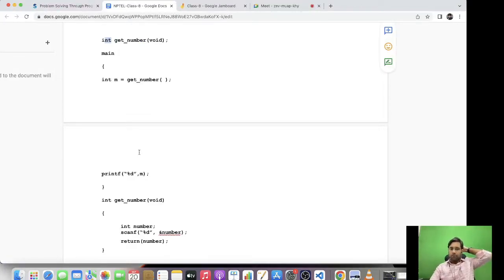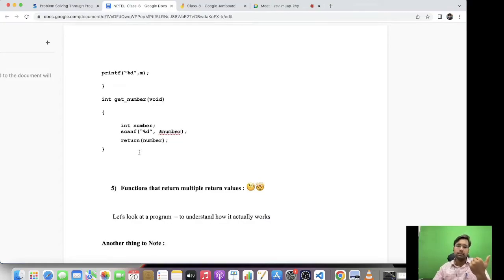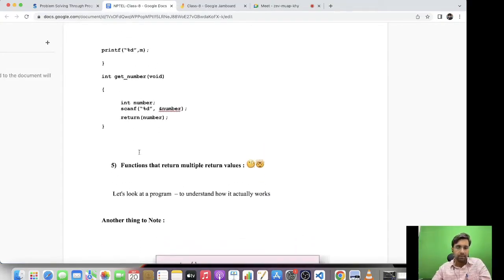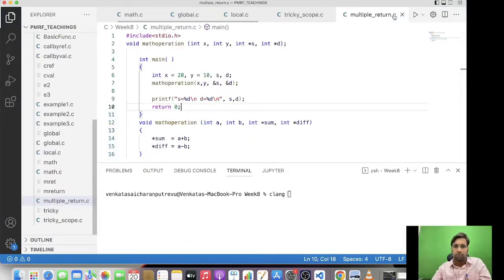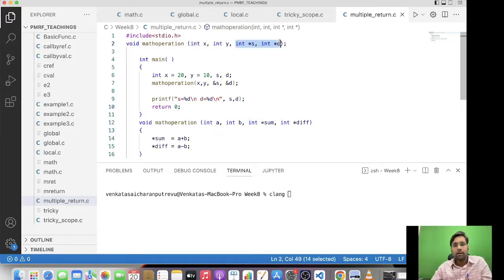For this, there is a way to do it. That means the function will take something and return multiple values. That is possible by using pointers. We will try to understand this with an example. This is called multiple return. Here I have written a very simple sample program. I have declared a math operation function which will take integer x, integer y, and two integer